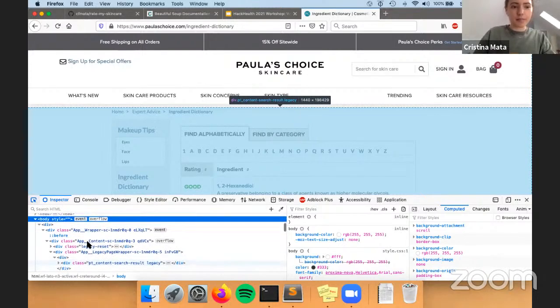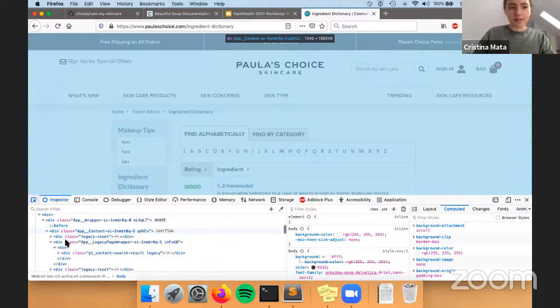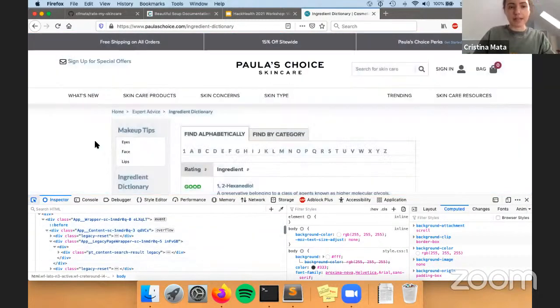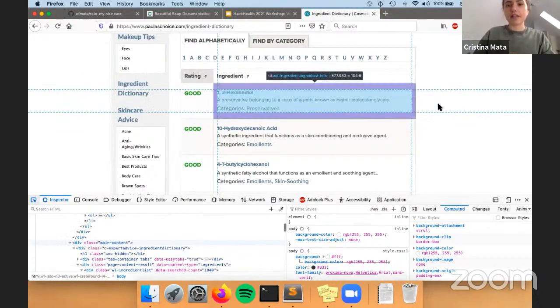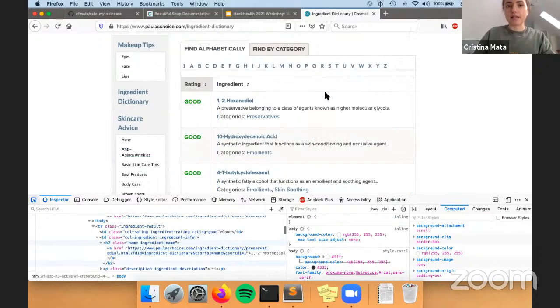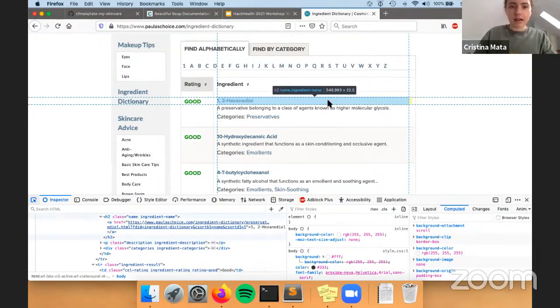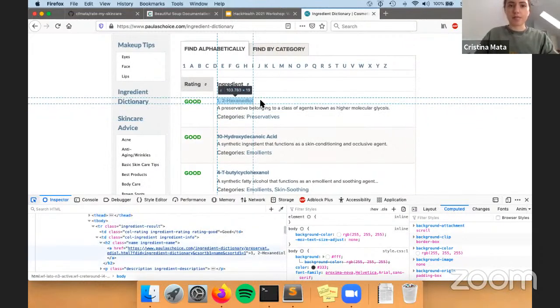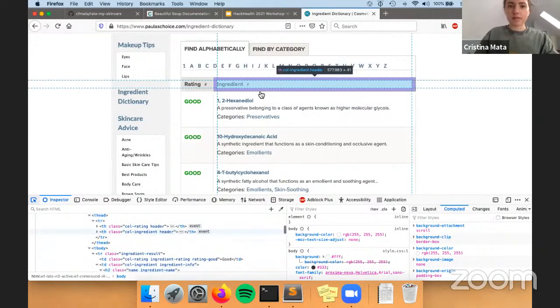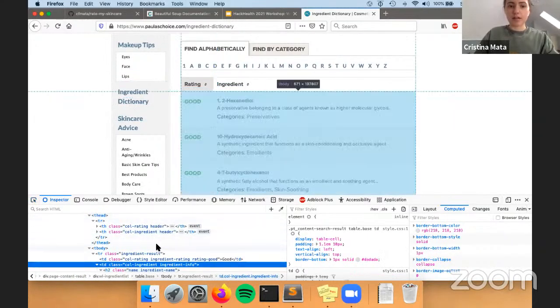And here at the bottom, what we're seeing is all the divs and containers for the website. So the information that I'm really interested in is contained in this main area. And you can see that as I'm going over this information, it's getting highlighted, and then you can see where this information is in the source code. So for example, here,